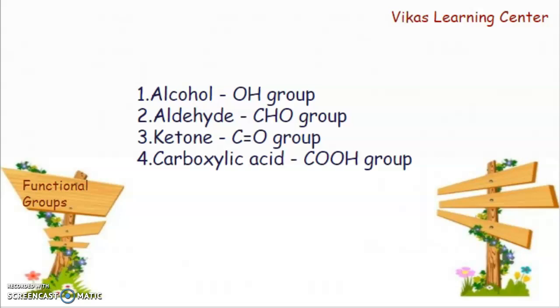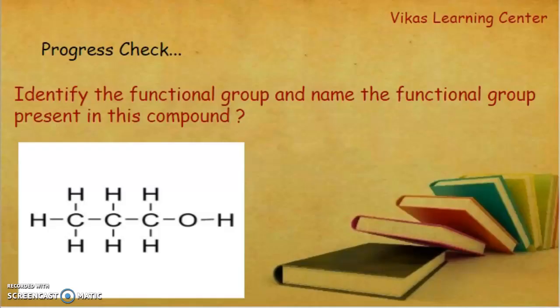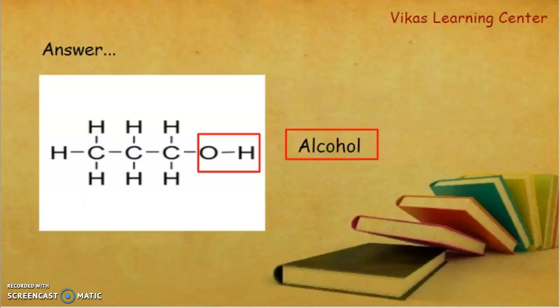Now here goes a progress check for you. Identify and name the functional group present in this compound. You noticed where the functional group is present? Here it is. The OH is the functional group present in this compound,